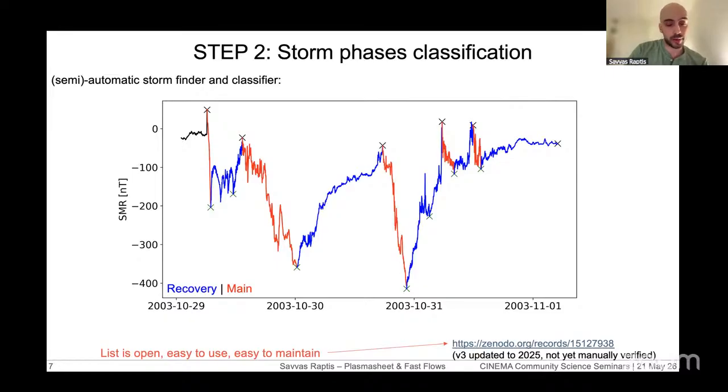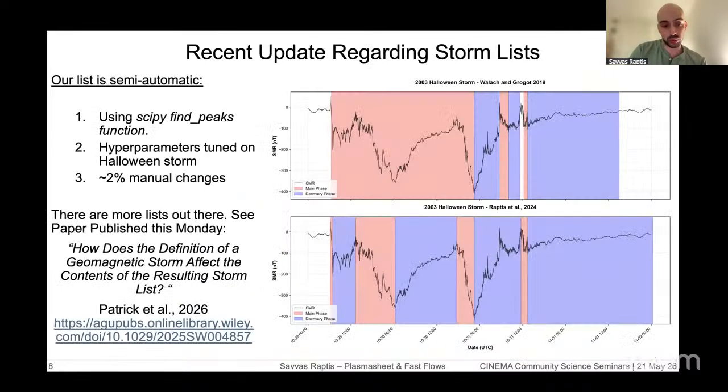This is, of course, a caveat. And again, I'm pretty sure this is discussed more strongly in the recently published paper. And to make sure that we didn't have any lingering storm, we required that the storm period would end when we reach minus 20 nanotesla. So when we registered a storm, it had to recover up to minus 20 nanotesla, and then anything beyond that would have been quiet time.